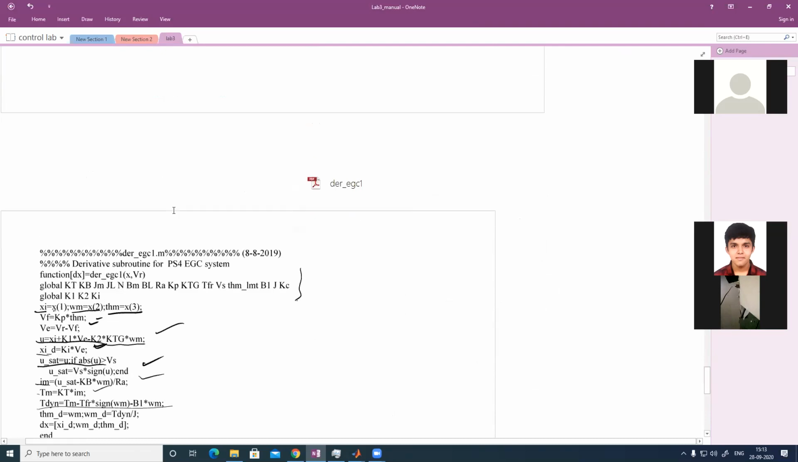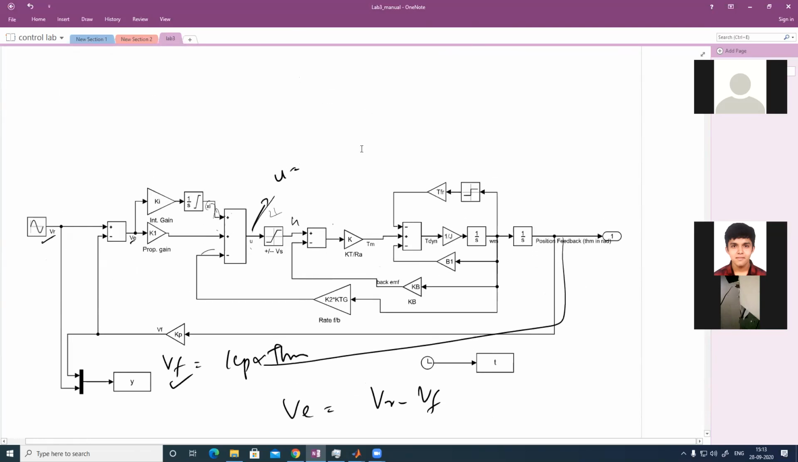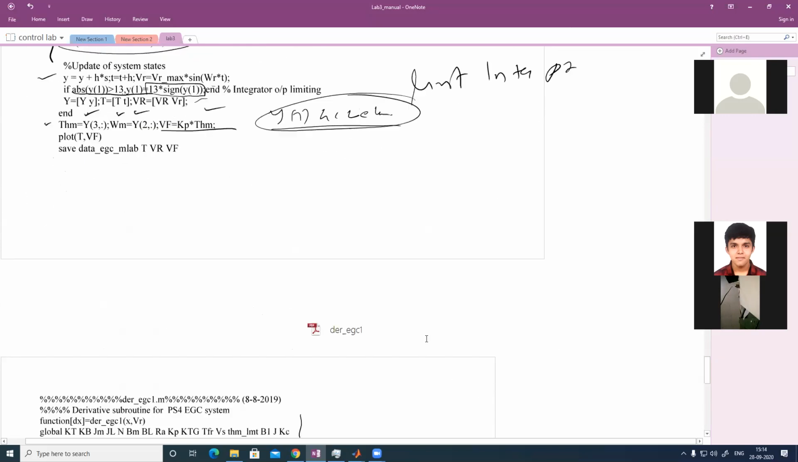T dynamic is equal to Tm minus omega m into TFR into the sigma function of omega m, minus omega m into B1. From this Tm you will get T dynamic, that is here. So that T dynamic is there,